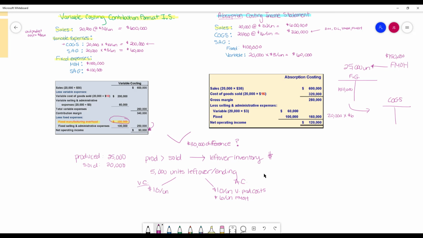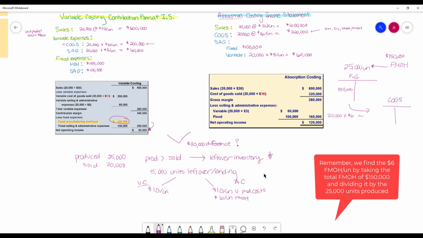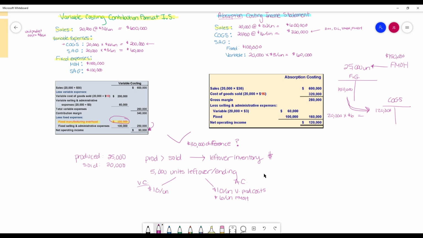So 20,000 units times $6 a unit. That's $120,000 of the $150,000 of fixed overhead that actually ended up in cost of goods sold for the period. That means that in finished goods, not only did you have direct materials, direct labor, and variable overhead attached to those 5,000 units remaining, but you also had $30,000 of fixed manufacturing overhead from this year still sitting in finished goods. Because remember, we said only $120,000 of that $150,000 actually ends up going to cost of goods sold